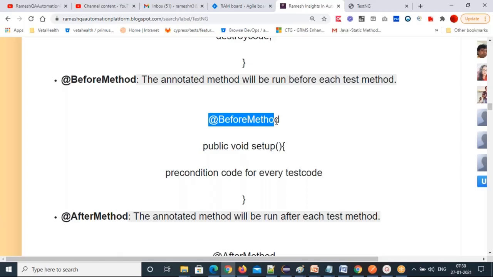So again, repeating: @BeforeTest is at the test tag level. @BeforeMethod is at the @Test method level, for a particular test method. A test tag means many classes, and inside the classes you again have many test cases, the @Test methods. So it doesn't bother about the entire class. The test tag's @BeforeTest will execute.